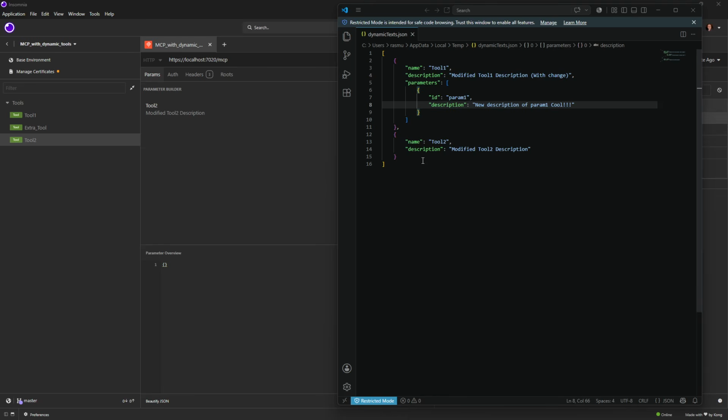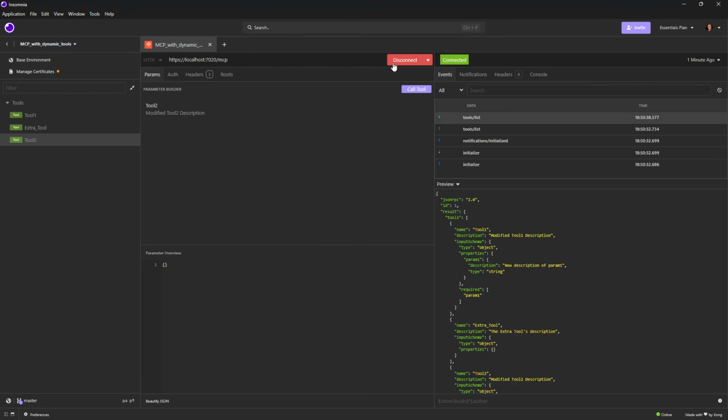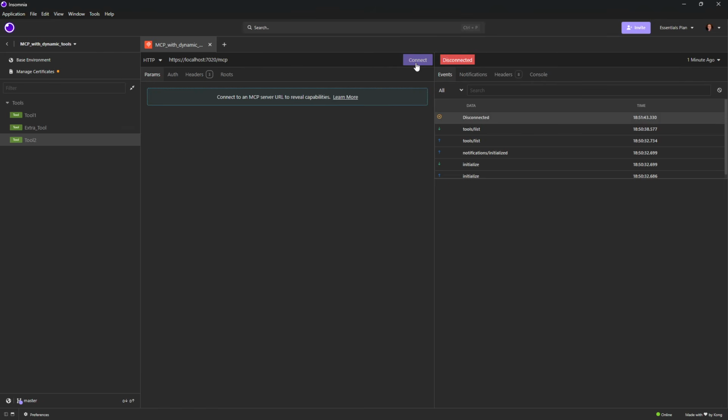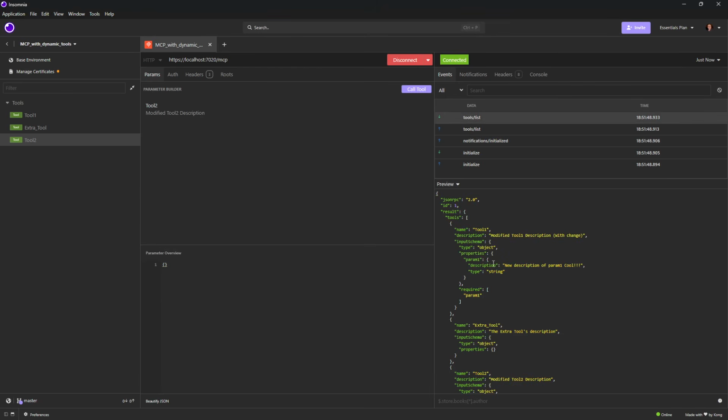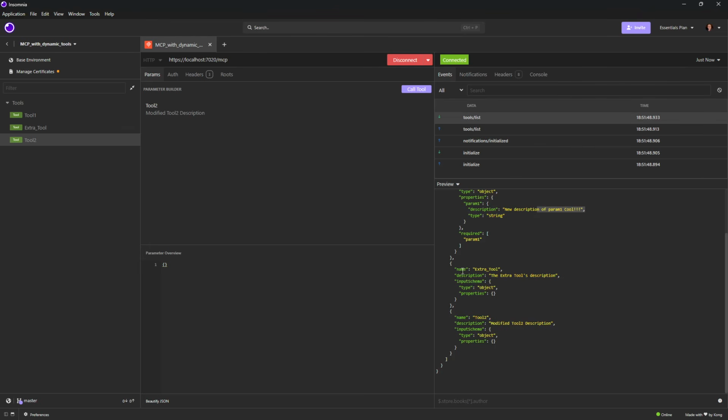So if we do this and we disconnect and connect, remember this is the client, this is not our server being restarted, it's the client just reconnecting to our system, and we on the fly get the new changes down in our system while we didn't change anything for this tool.